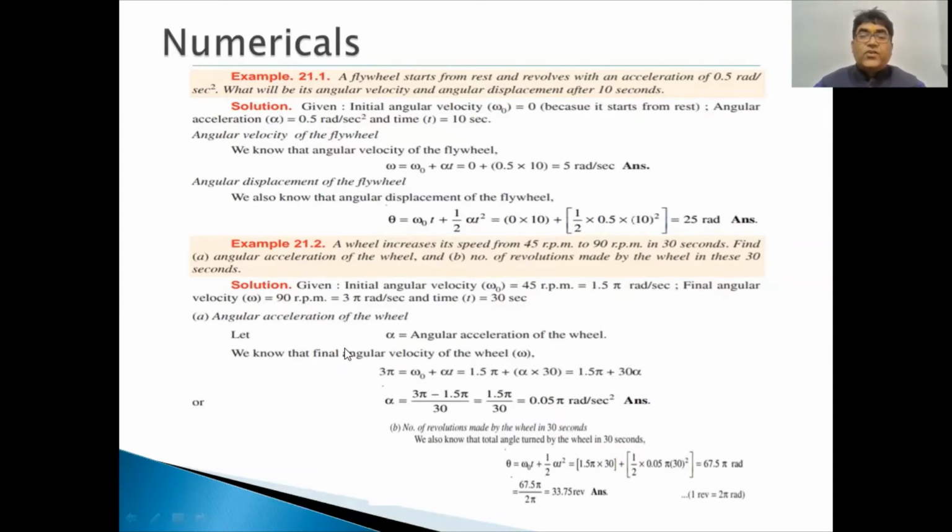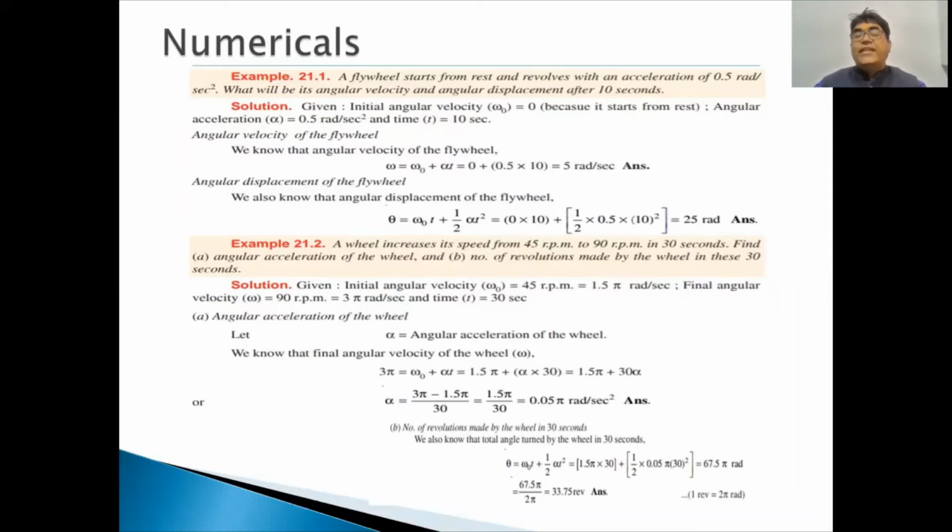So in the second question, a wheel increases its speed from 45 RPM, revolution per minute, to 90 RPM in 30 seconds. Find A, angular acceleration of the wheel, B, number of revolutions made by the wheel in these 30 seconds. Here the different parameters given are omega 0, 45 RPM, converting the revolution per